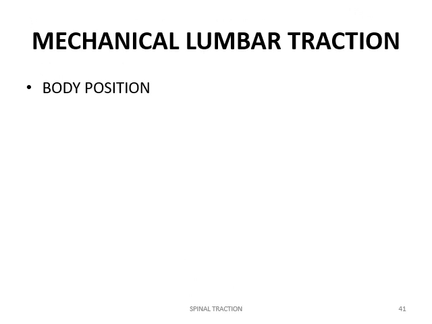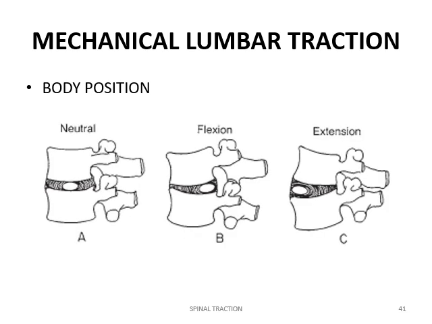Body position has been reported to have substantial impact on traction results, but this has been empirically derived rather than research supported. Generally, the neutral spinal position allows for the largest intervertebral foramen opening, and it is usually the position of choice, whether the patient is prone or supine. Extension beyond neutral lumbar spine causes the bony elements of the foramen to create a narrow opening. Lumbar spinal flexion beyond neutral causes the ligamentum flavum and other soft tissues to constrict the foramen opening.